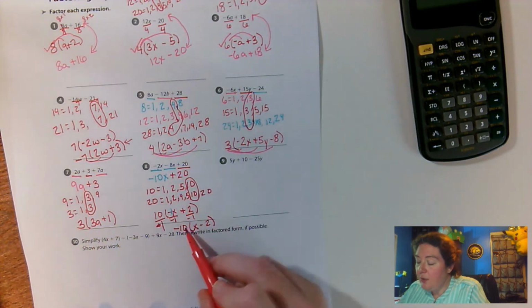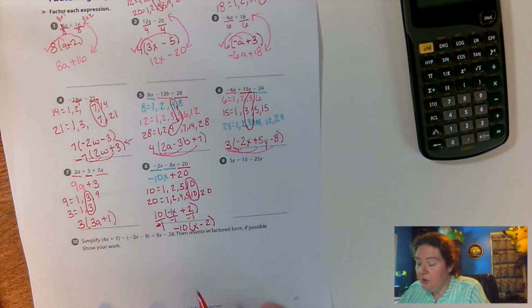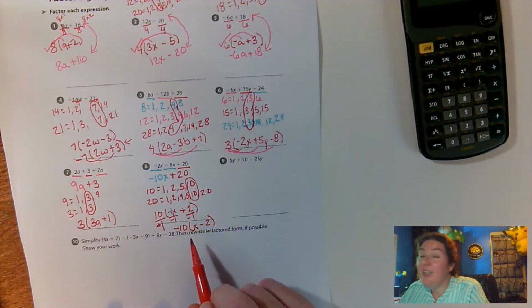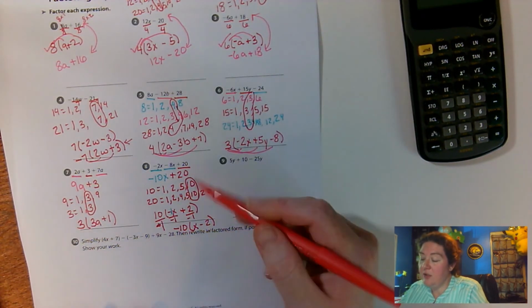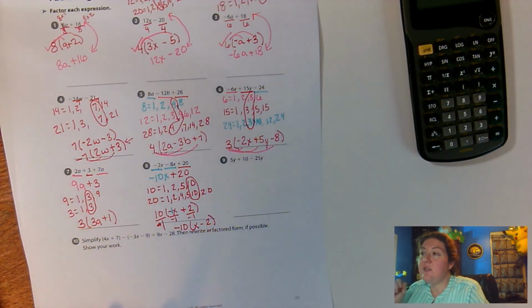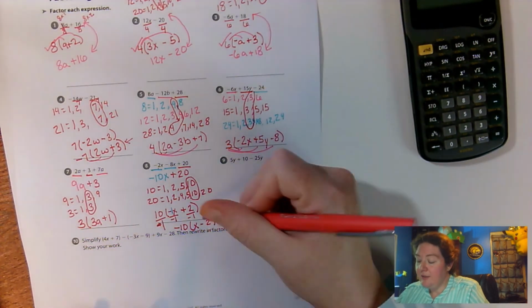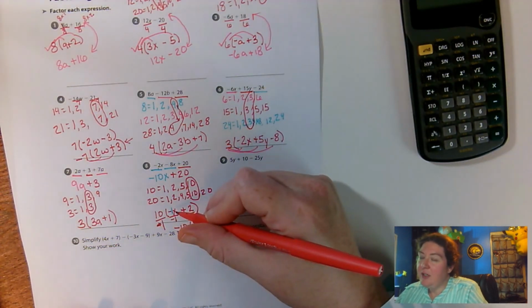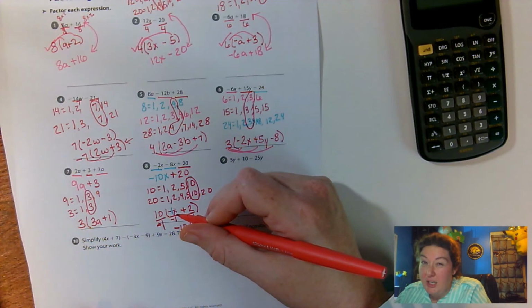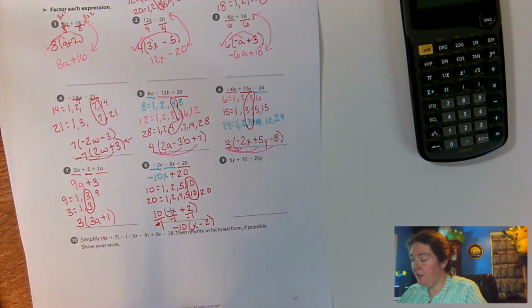And you can go back and distribute this. You can go back and distribute and multiply it, and you're going to get the same answer either way. Just know that a lot of people don't like to leave variables negative. It makes my brain itch, but it's okay. Alright, next one, we have